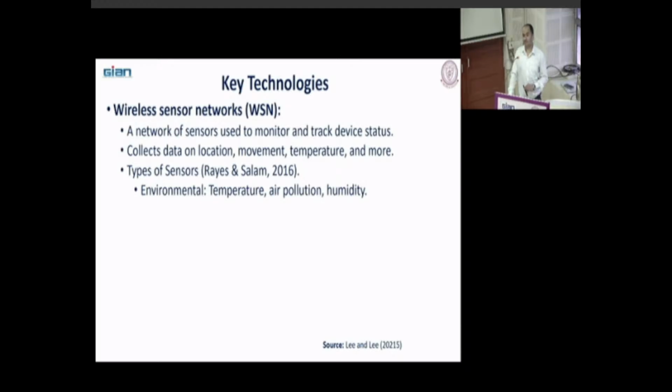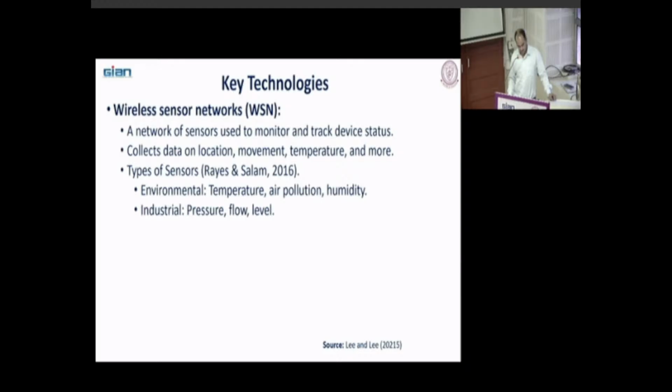So if you want to find out the temperature inside your vehicle, you could use it. Air pollution or humidity, because for perishable nature of food, your fruits, vegetables, you need to maintain the proper humidity and temperature inside that vehicle. So it is a part of your cold chain logistics.